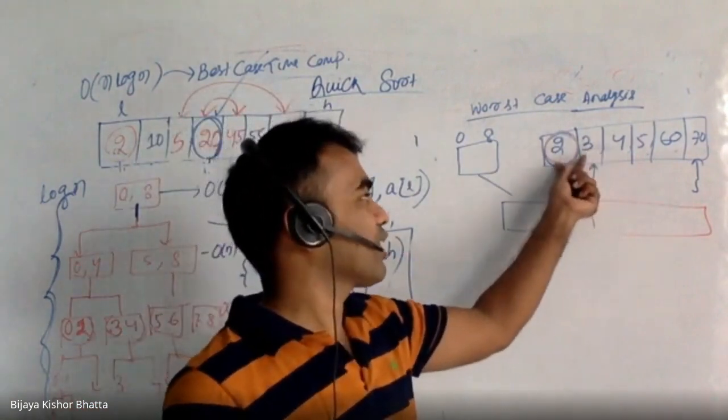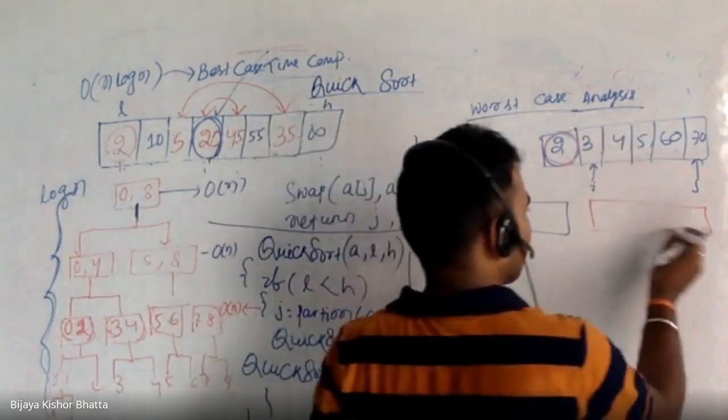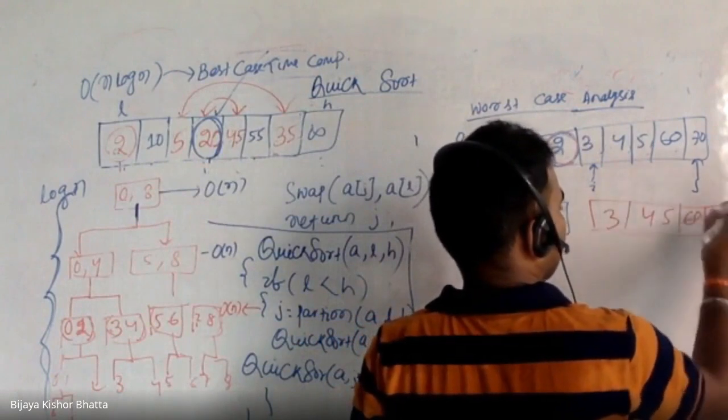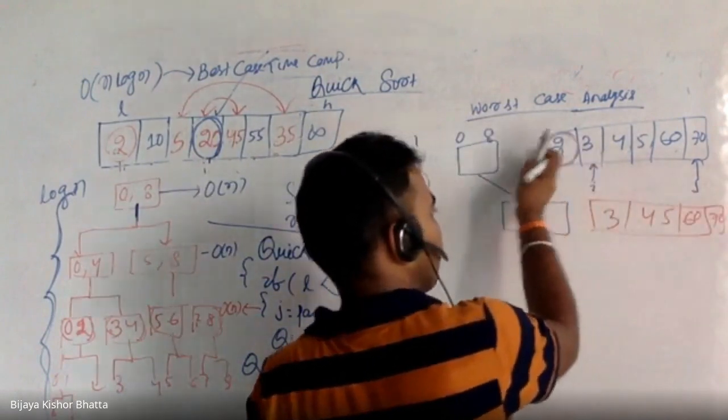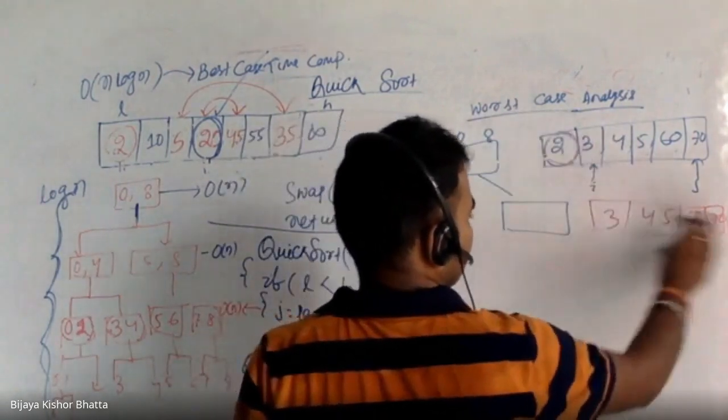Because it is already in sorted form, it is not going to swap with any number. Again you will go for the next 3 4 5. Now it is a new partitioning, right? So there is no left array for this, so that means this is in its appropriate position, and there is only the right array.